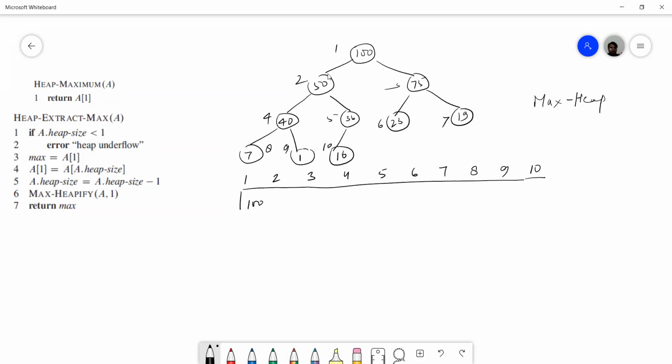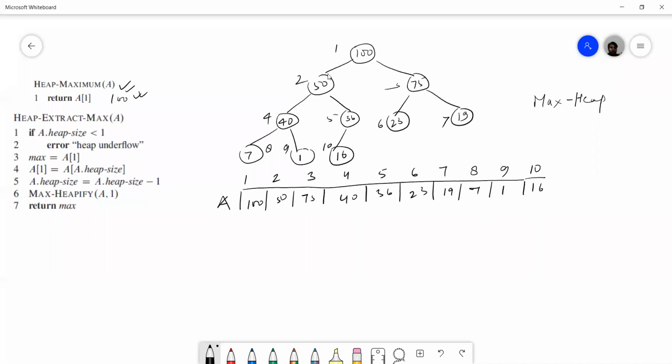So 100, then we have 50, then 75, index 4 is 40, then 36, then 23, then 19, then 7, then 1, then 16. So this array is passed here. Since root is the maximum element, we'll simply return A[1]. A[1] is 100.